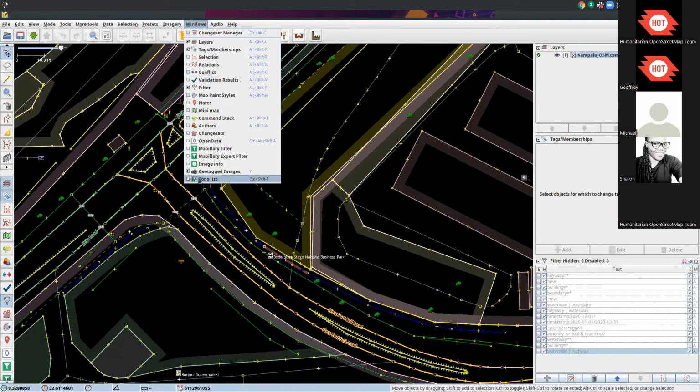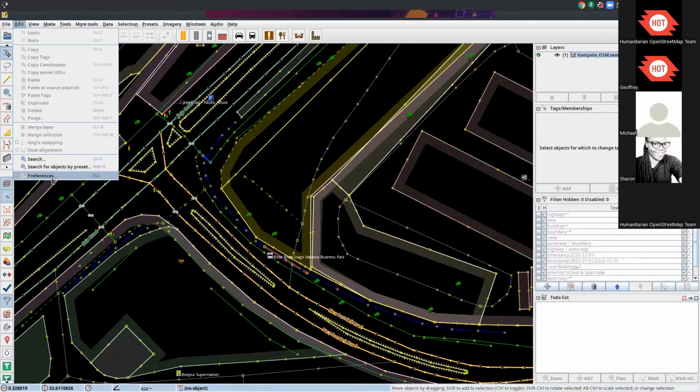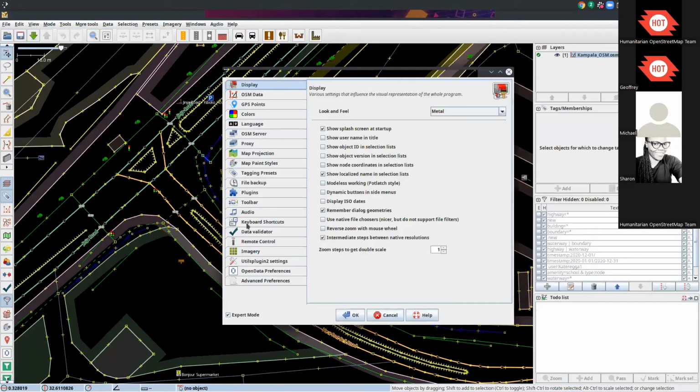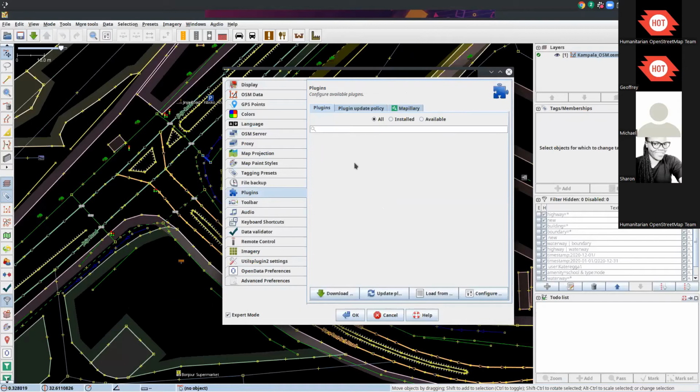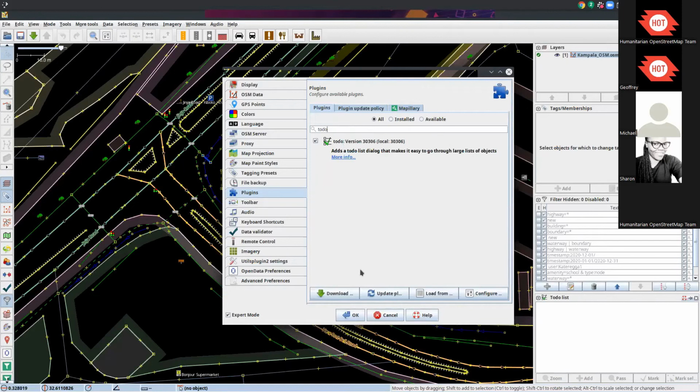And yeah, the to-do list is a plugin. So if you want to know how to install plugins, just go to edit preferences. You go to your plugins here. You search for the plugin you want to add, which is to do, and then click OK, which will add it. So for me, I'll not add it since I already have it, but I'll just show you how I would use it